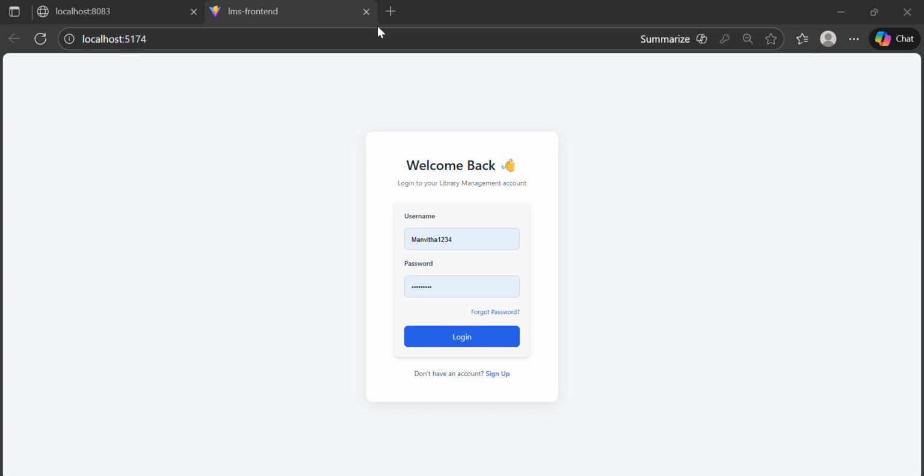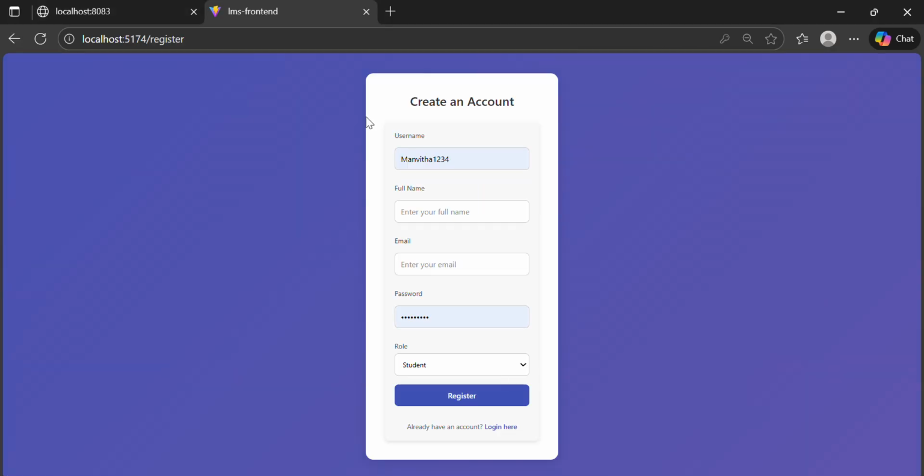Everyone, this is our full stack project of course CICD and Cloud DevOps. Our project is on library management system. This is our login page and this is our sign up page. We designed this application with role-based authentication where roles are student, librarian and admin. These are the three roles we have